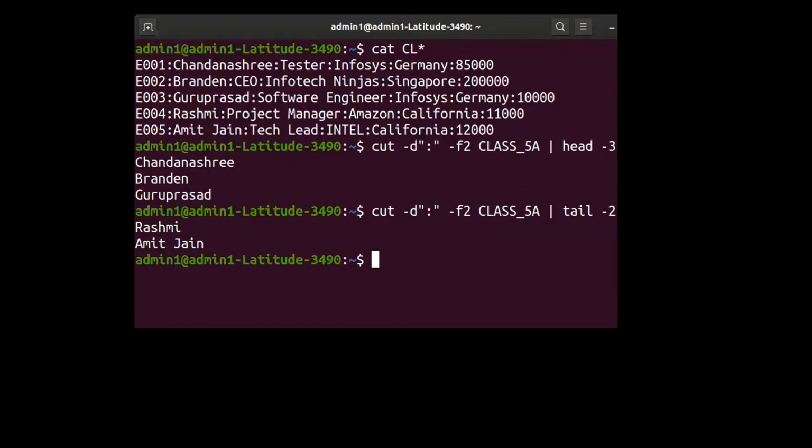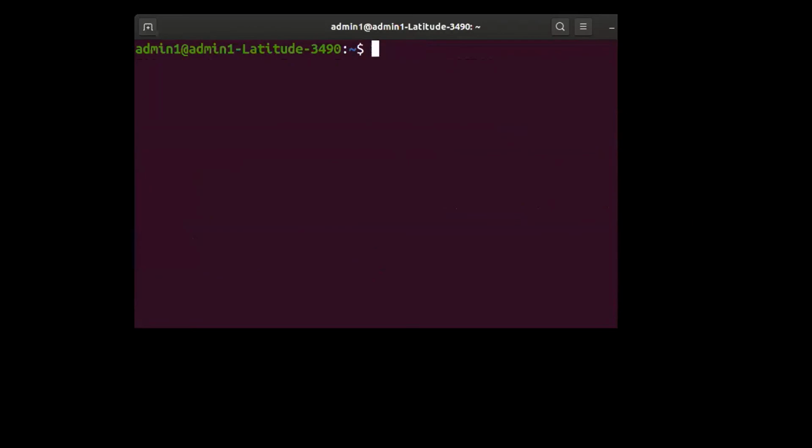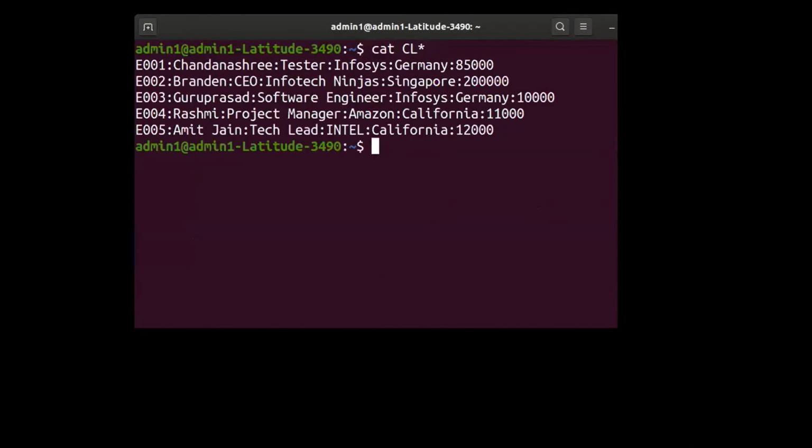Okay, so there is one question which says replace colon by space. So cat class star. What I say is cat 5A. Okay, so the question is replace colon by space.